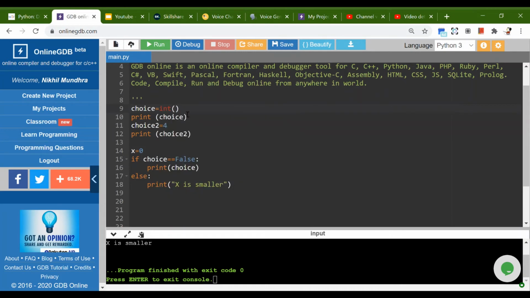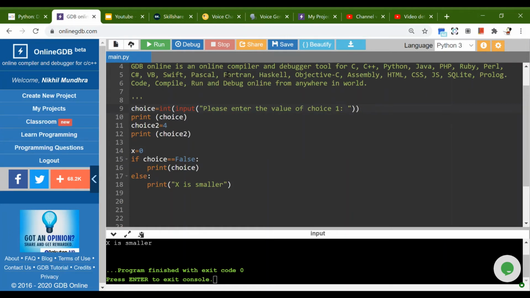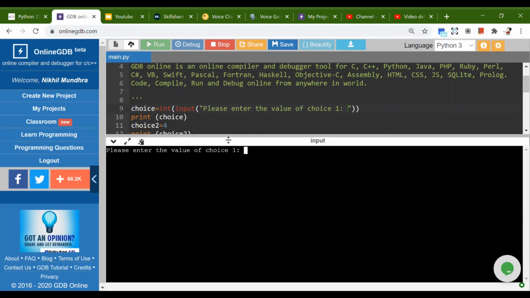No, yeah, so taking the input from the user. Here you can put a value like integer, and then you need to put a bracket there and write input, and then put a bracket there. Python is really helpful because it gives you space to write something for the user, like please enter the value of choice. So I'm going to use this, please enter the value of choice 1. Right here it's going to ask you the value, very politely, just the way I programmed it.